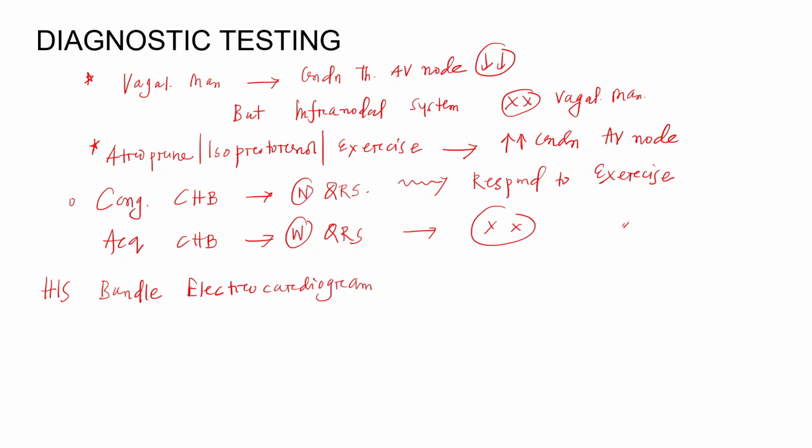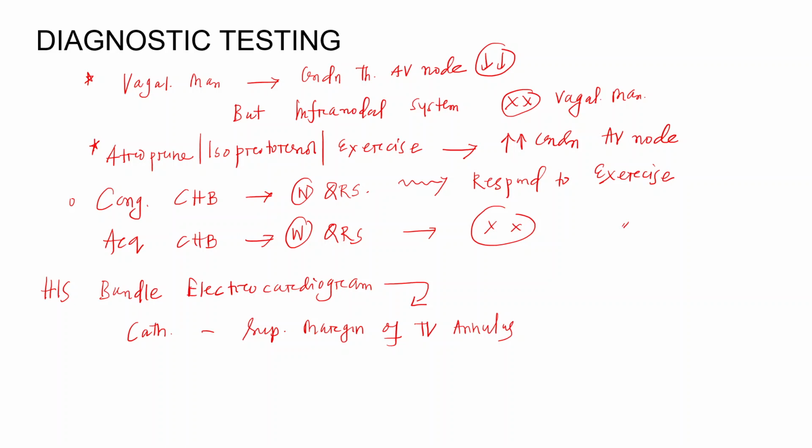What is His bundle electrocardiogram? Now how do you take this ECG? You have to put the catheter at the superior margin of the tricuspid valve annulus. Remember, the tricuspid valve annulus is the anterior margin of the triangular valve. So we put the catheter at the superior margin of the tricuspid valve annulus, and then you take the